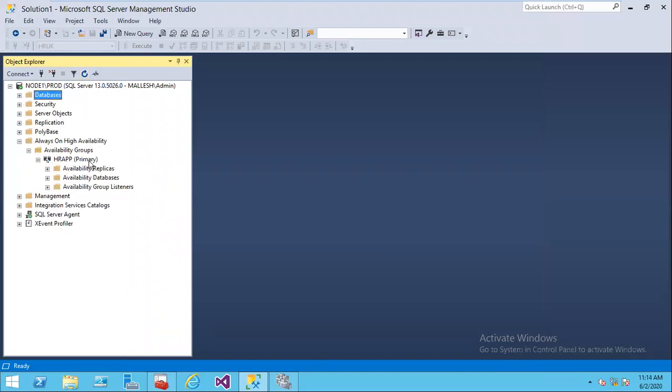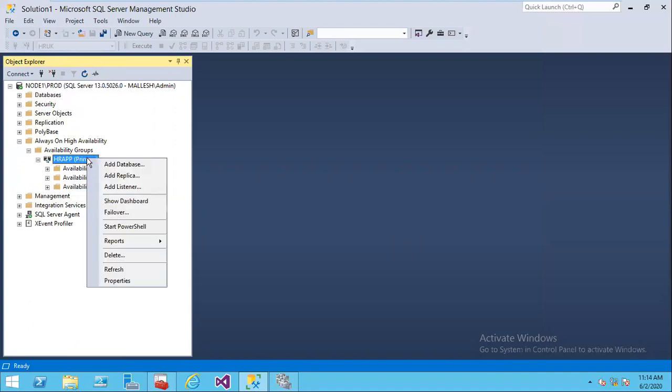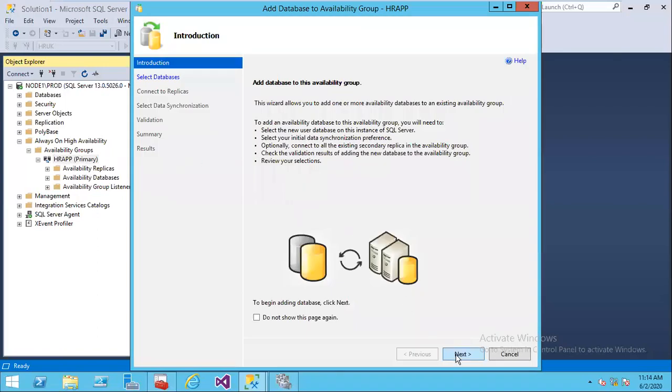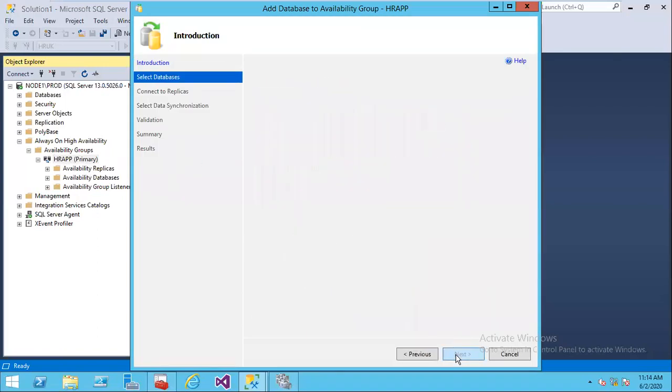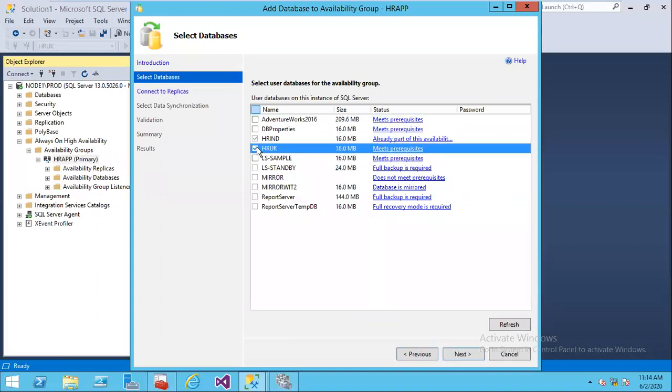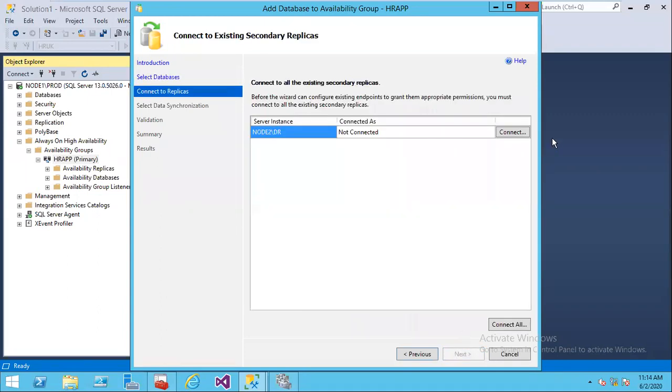Okay. Now it will allow us to add a database. For adding a database, right click on the availability group, click add database, click next. Here we have to select the database. If we want to add more than one database at a time, we can do that, but here I just want to go for only one database and click next, click connect button,